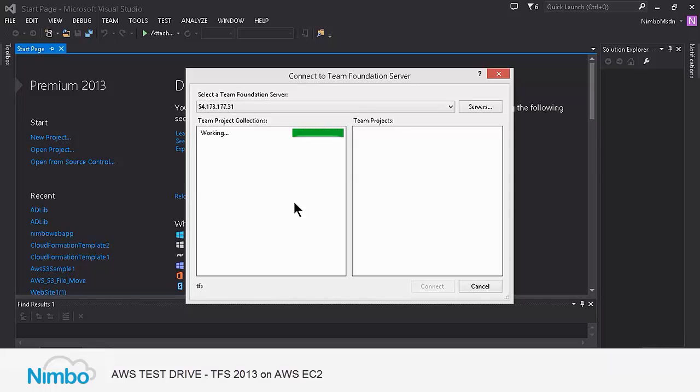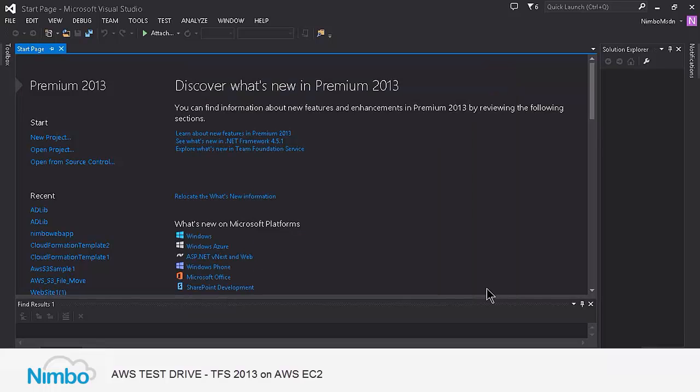So what it's doing is it's reaching out to the server, it's connecting, and then it's grabbing some basic information about the information we have stored there. So as you can see, we have test drive and then test drive-git. Today we'll be working with test drive-git. So let's just close this out, and I will take you through the second scenario, which is copying and pasting